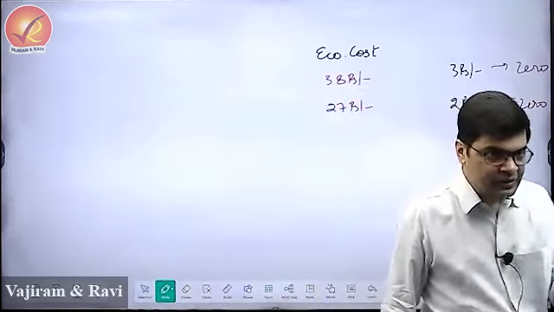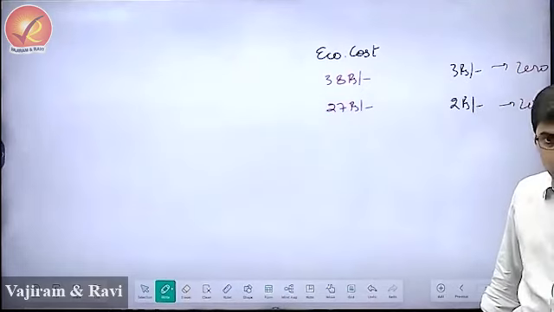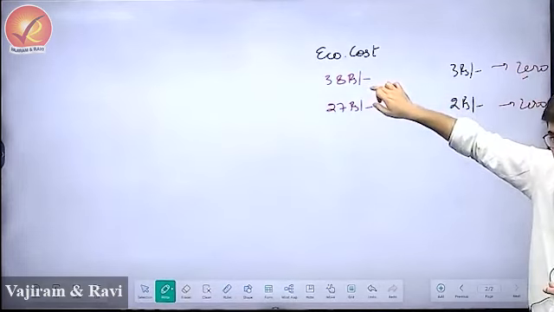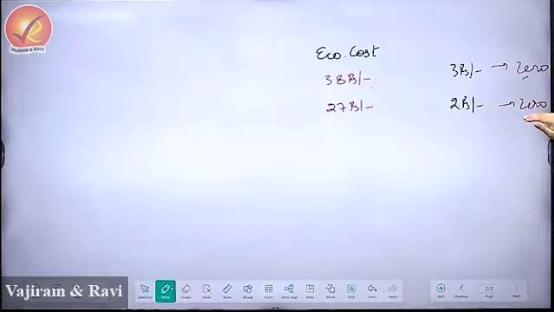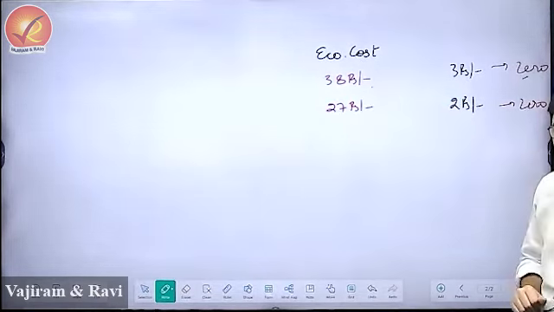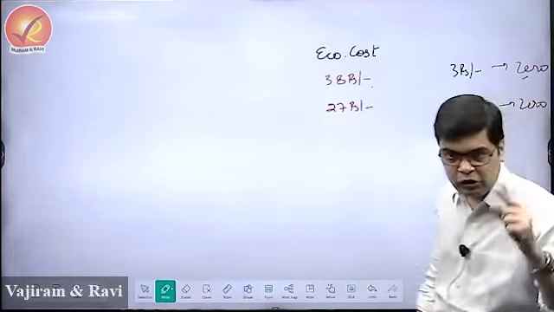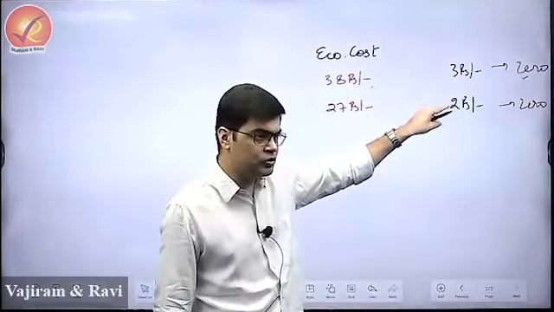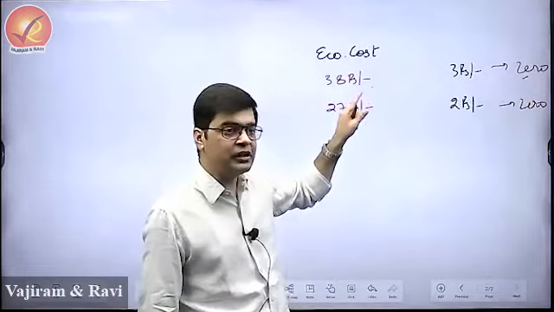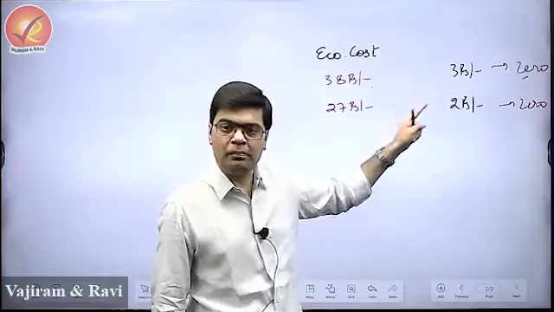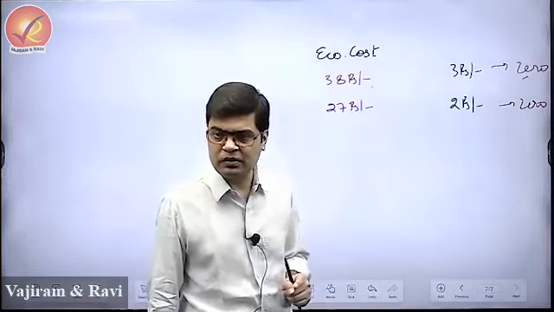That means the rice that is being given to people at no cost is costing the government 38 rupees. Wheat that is given to the people at no cost is costing the government around 27 rupees. So on every kg of rice sold under the public distribution system, the government is losing 38 rupees. On every kg of wheat sold under PDS, the government is losing 27 rupees.